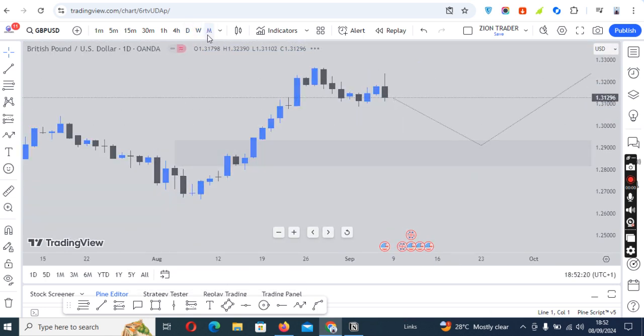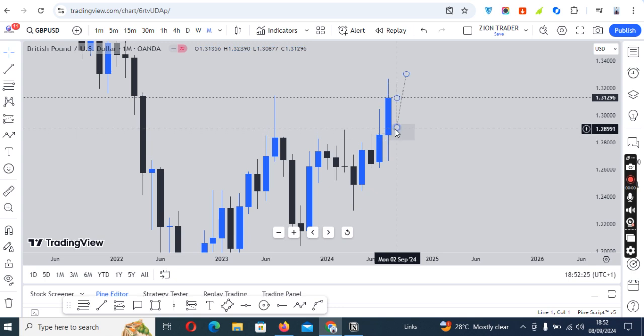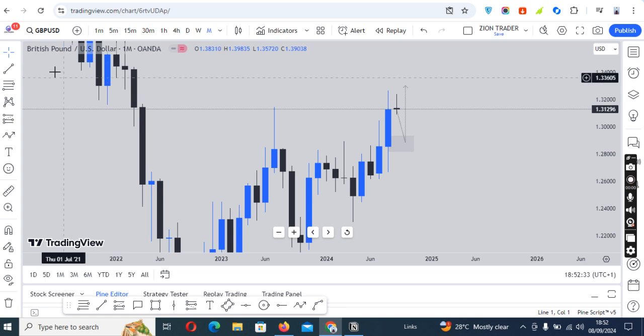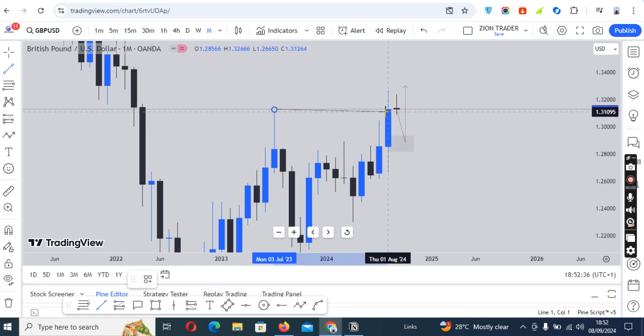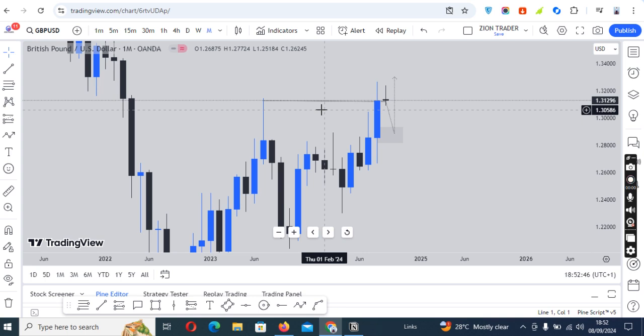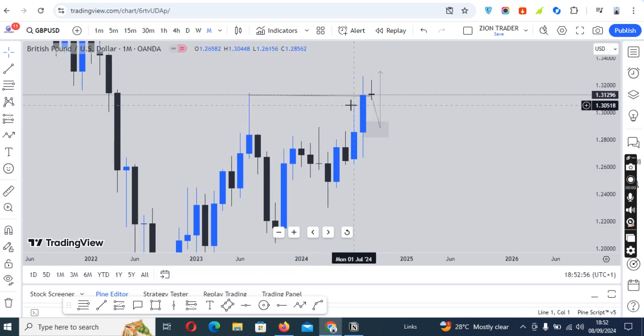So let's go to the monthly time frame and see. Now on the monthly time frame, one of the major reasons why we were expecting this to play out into discount is that price has taken out external range liquidity residing above this high. Normally, the way price action works is from external range to internal range. So when price is trading back into internal range, it usually trades into a premium level or a discount level, guys. Now that price has taken out this external range liquidity on the monthly time frame,